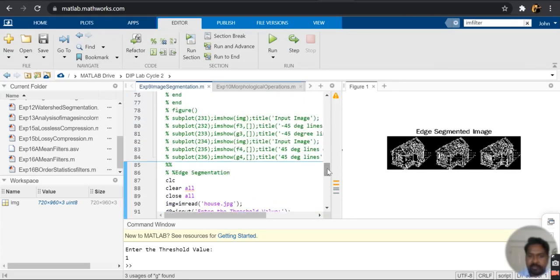So these are the different types of segmentation that we follow. The first is isolated points. The second is line segmentation, so based on the orientation, we can find the different types of lines. And then we have edge segmentation. Segmentation has a lot of applications, especially in the area of healthcare. So it is very important that we understand and have a good hold of how the tool works.